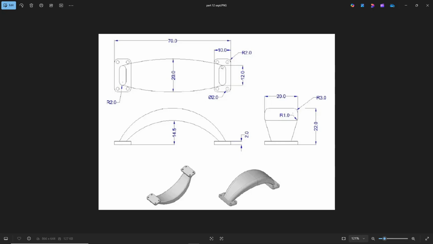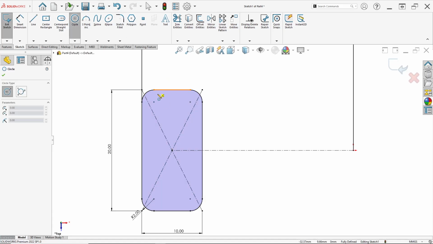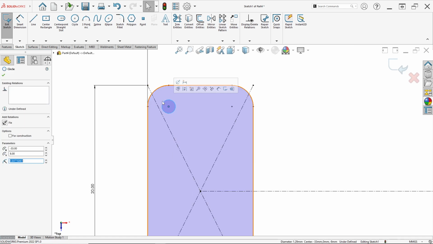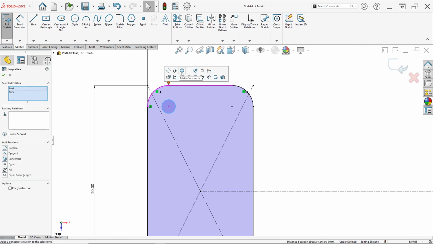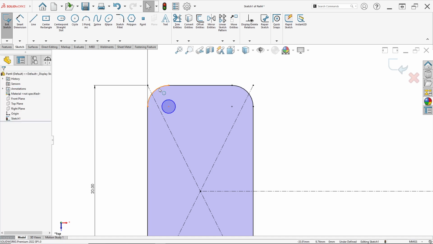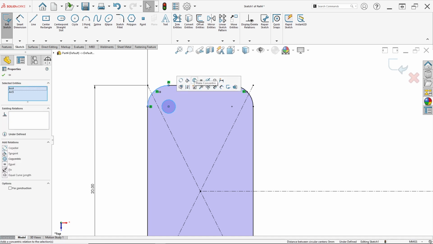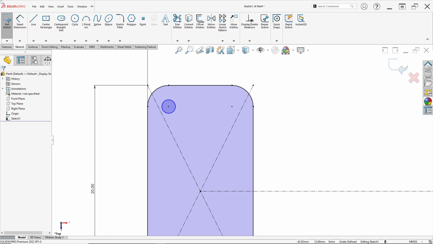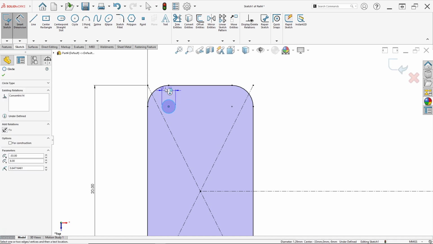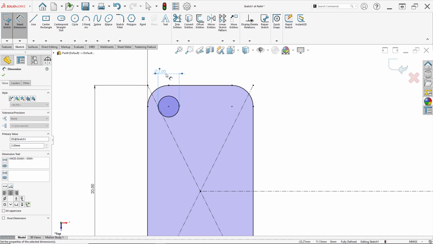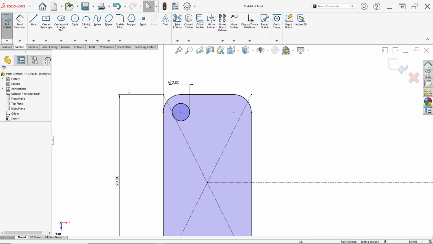Then don't forget there is a hole with diameter 2 millimeter. So just draw a circle here, and ensure this circle and this edge are selected, click make concentric, and set the dimension to 2 millimeter like this.